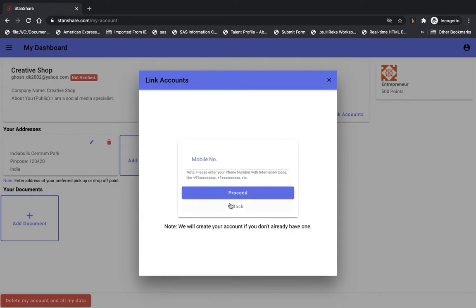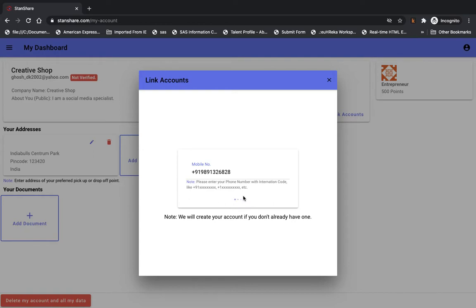So I go here and you can see the format. Depending on your country, you have to add your ISD code or IDD code, followed by your number. So I'm sitting in India right now, so I put the IDD code, which is 91, and then I put a number. All right, so I'm done in this format.